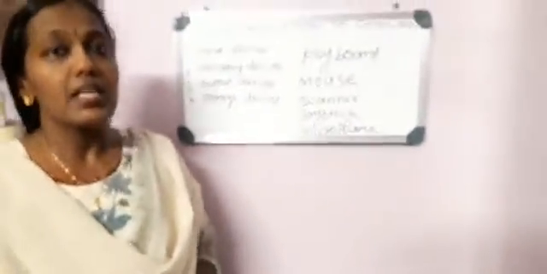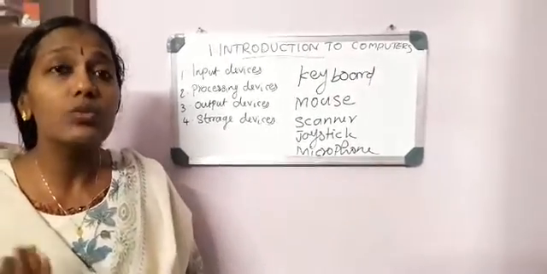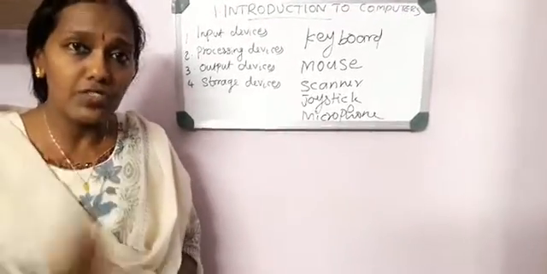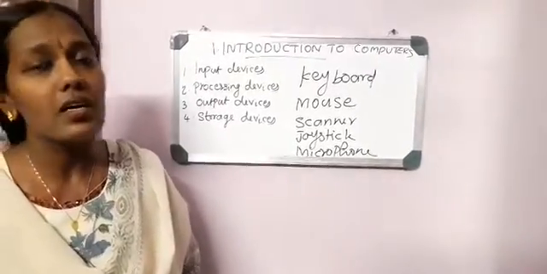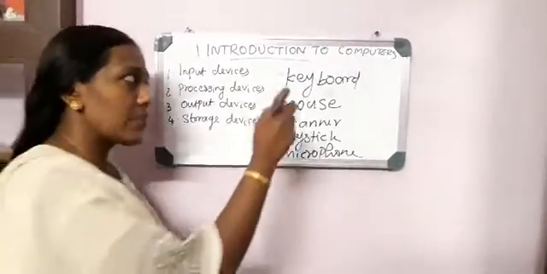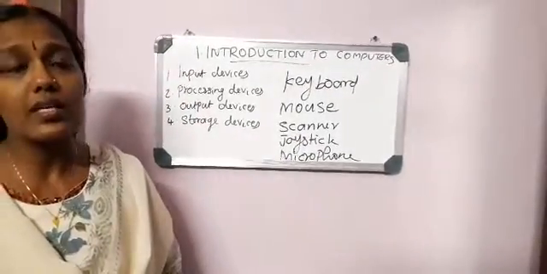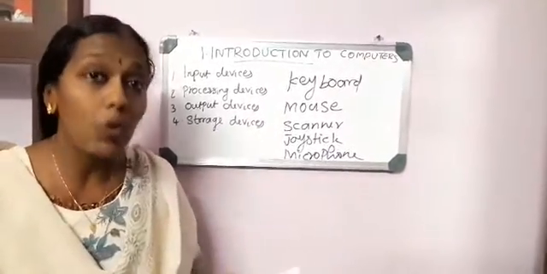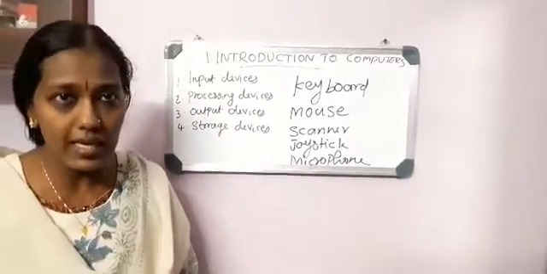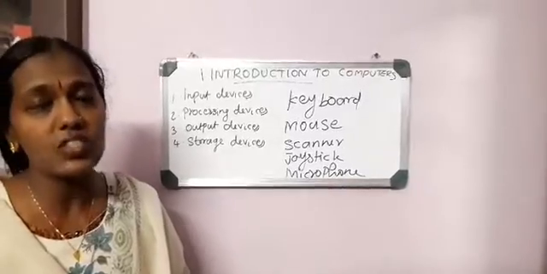What is a keyboard, children? We are all familiar with the keyboard. Yes, a keyboard is an input device which consists of different keys and it is used to type characters, text, numbers, etc. to the computers. That is about the keyboard. Next one is the mouse. We are also using the mouse daily and it is an integral part of our computer. It is a pointing device which is used to select text, pictures, icons, files, etc.